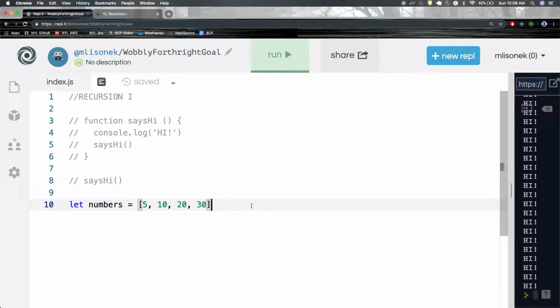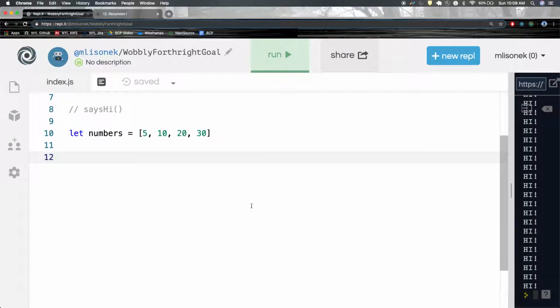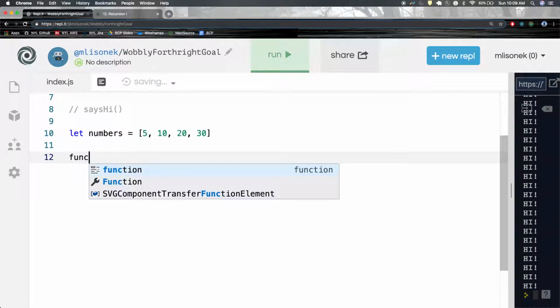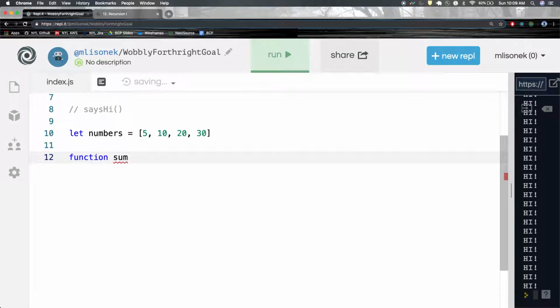Okay? And let's say I want to write a function that adds up all of these things in the array. This is not hard to do, right? So you would say function sumArray will take an array,